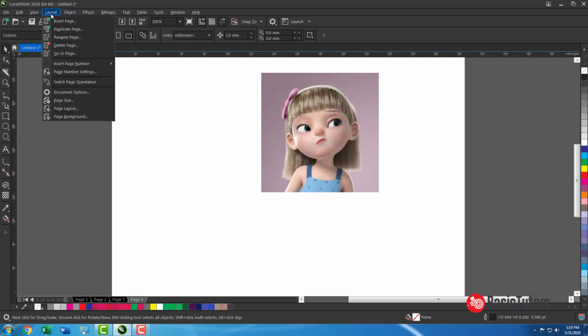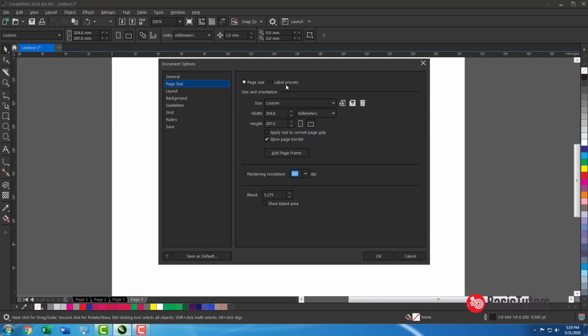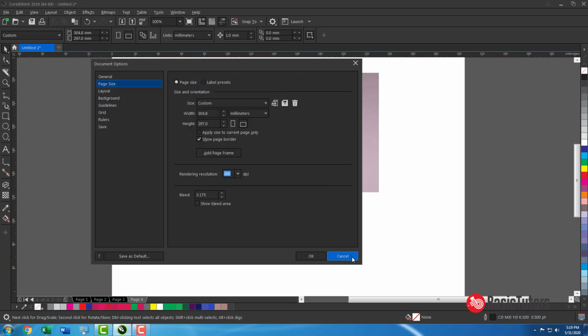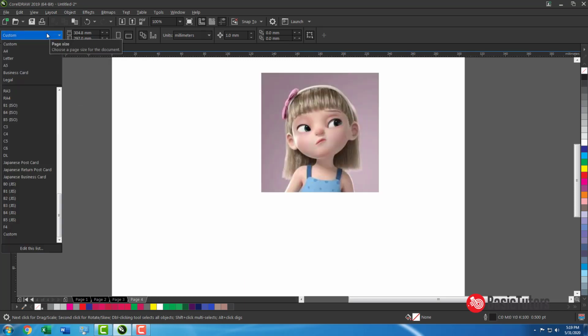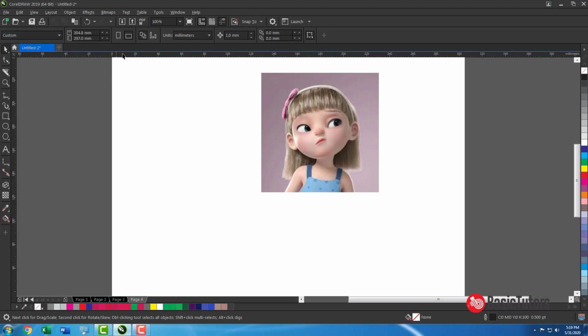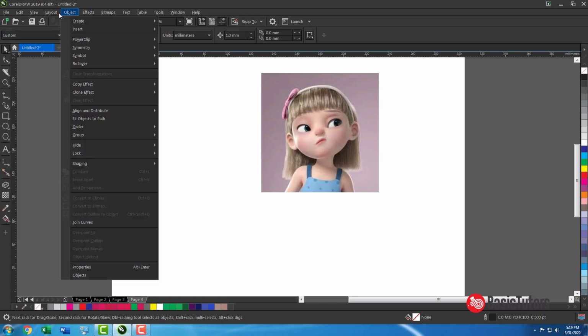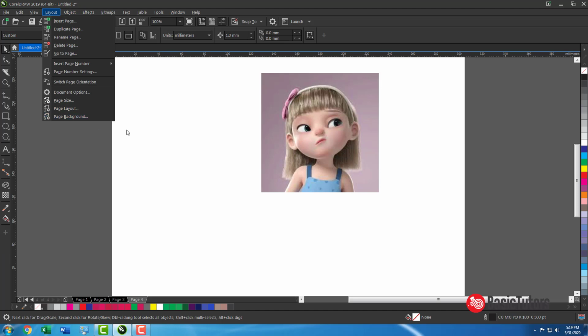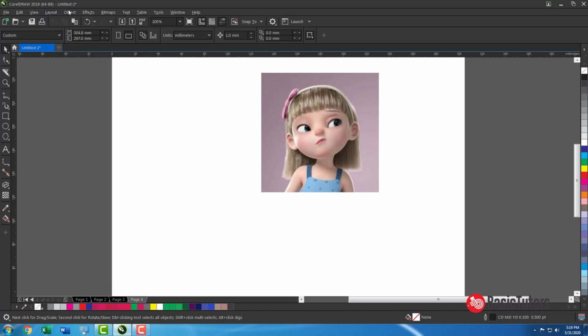Then page number insert, and you can see that later in another video. Page size is there. We already saw the page size. Page background, this is the page background.